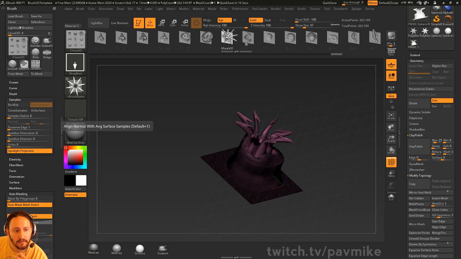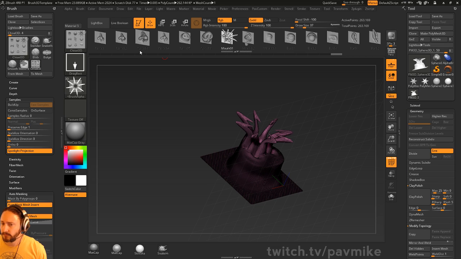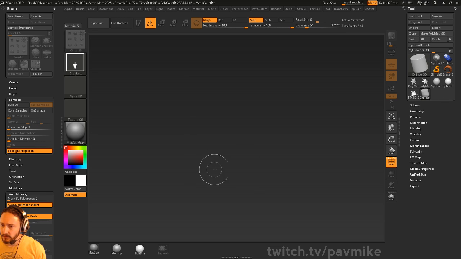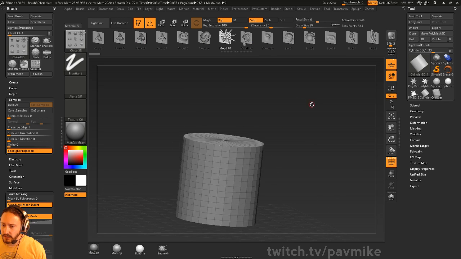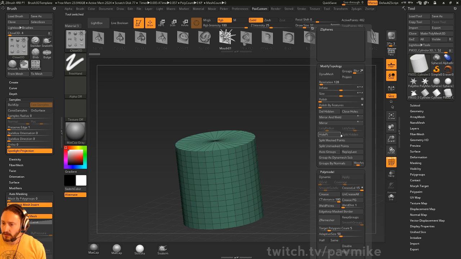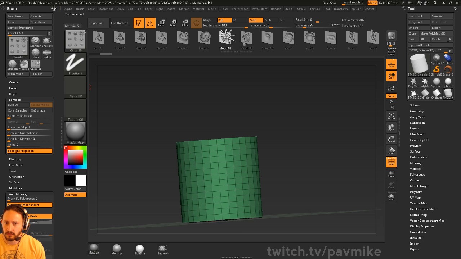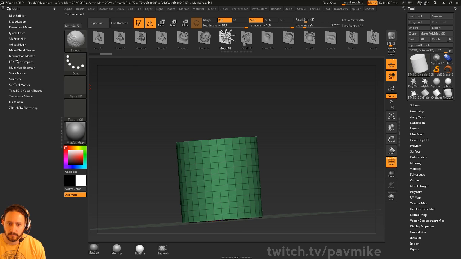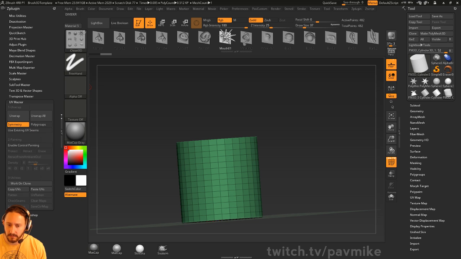UV tiles in ZBrush. What's the most effective way of having specific UV islands, or a recommendation other than ZBrush, to have a faster workflow for that specific purpose? Usually, if I'm doing stuff in ZBrush for laying out my UVs, I'll do a really simple example here. It's just making sure that we have group by normals turned on. So when I do use the Z plugin, that's probably not the answer you're looking for, but in ZBrush specifically,